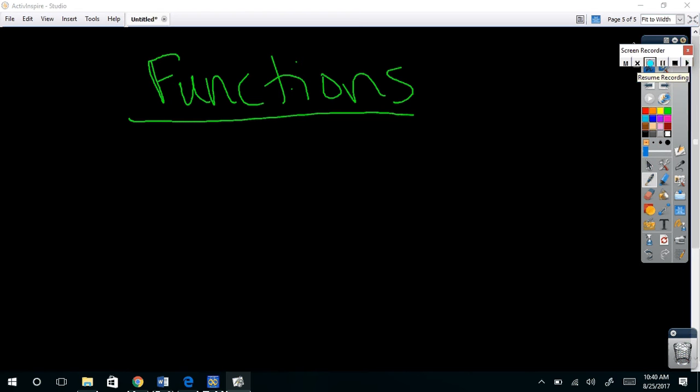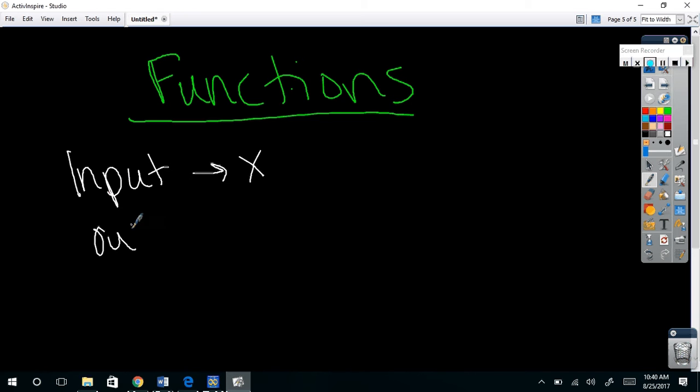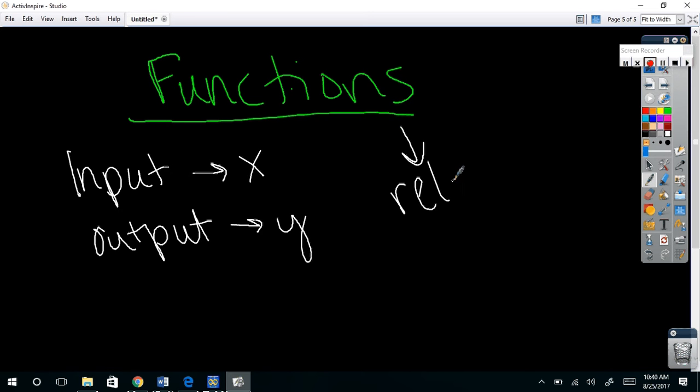You know, when we're graphing lines and graphing other things, we talk about input and output? Yes or no? Sure. What is input? Yeah. What you put in. Give it to me in terms of a variable. You control it. X is usually my input, right? And my output, or what I get back, is my y, right? Well, a function is a relationship, and we can look at it in a table, we can look at it